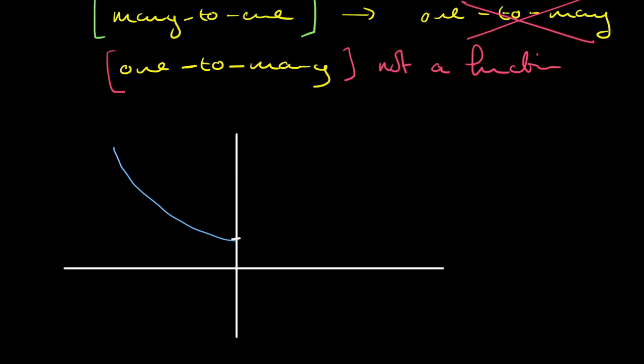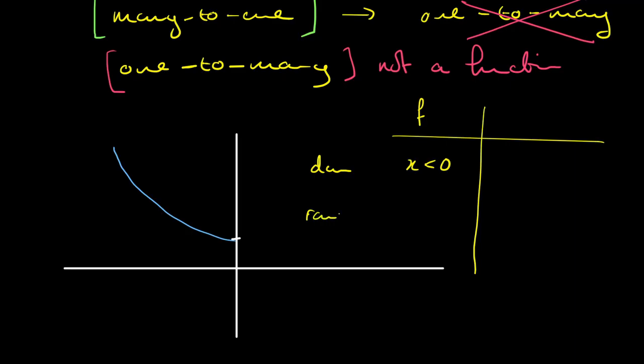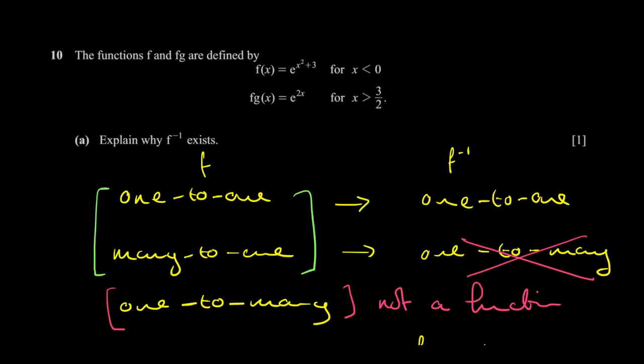The domain of f is x less than 0. That's what we're told in the question. And the range is the set of all the possible y values. Well, all the possible y values have got to be everything that's, let's see,